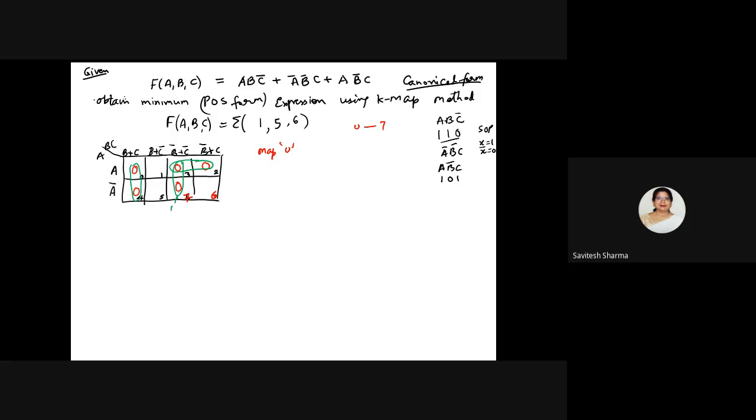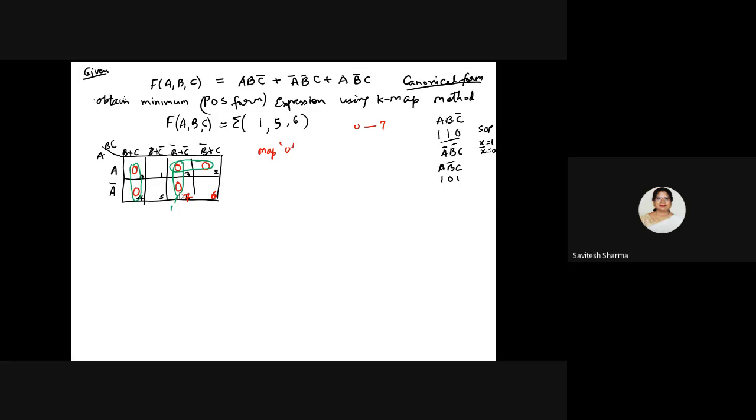So my task is to group the zeros as long as any 0 is ungrouped. If no 0 is ungrouped, there is no need to do overlapping. If all zeros are grouped, no need to do overlapping. Our task is to group the 0 if it is ungrouped. You do overlapping only if your 0 is ungrouped. I will do grouping if my 0 is ungrouped.